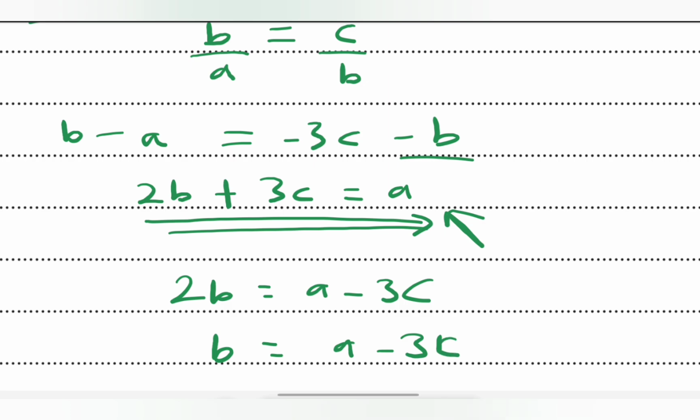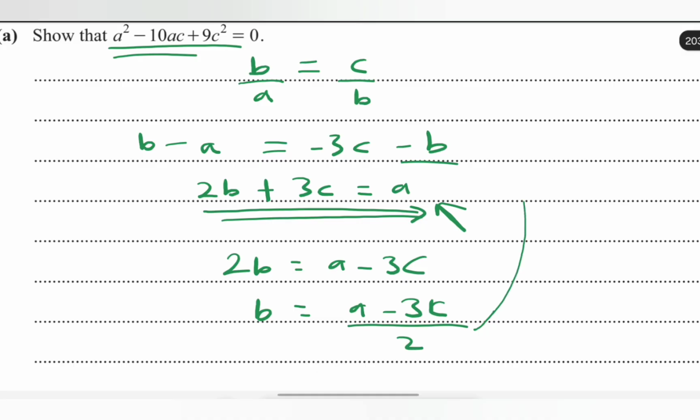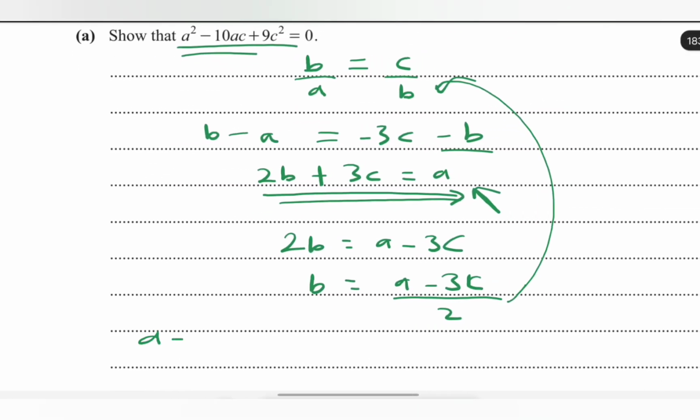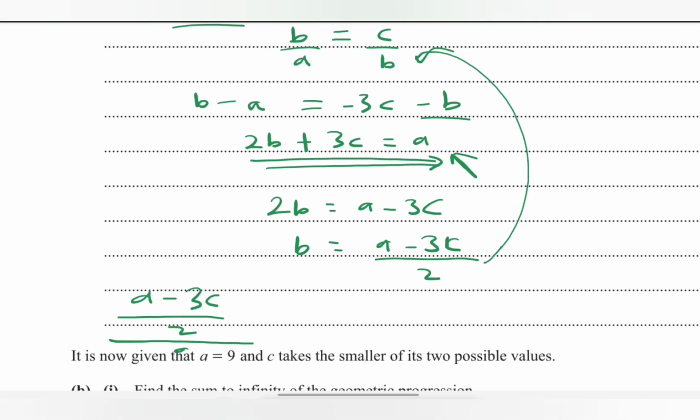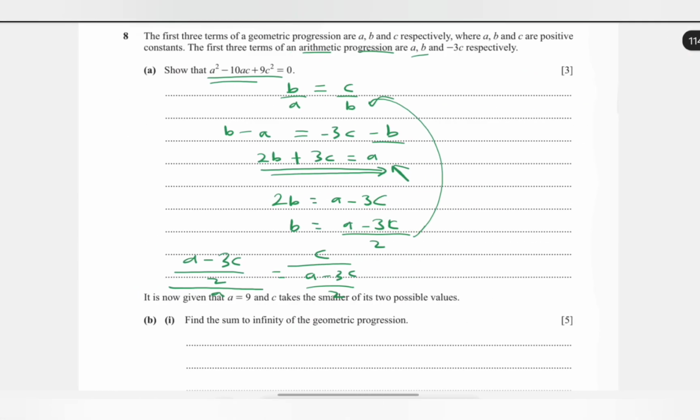So it's a minus 3c over 2. Now I'm going to substitute this expression for b into here. It's b over a is equal to c over b. So b, which is a minus 3c over 2 over a, is equal to c over b, which is a minus 3c over 2, like this. And this will give us, let me just move this to the other side,